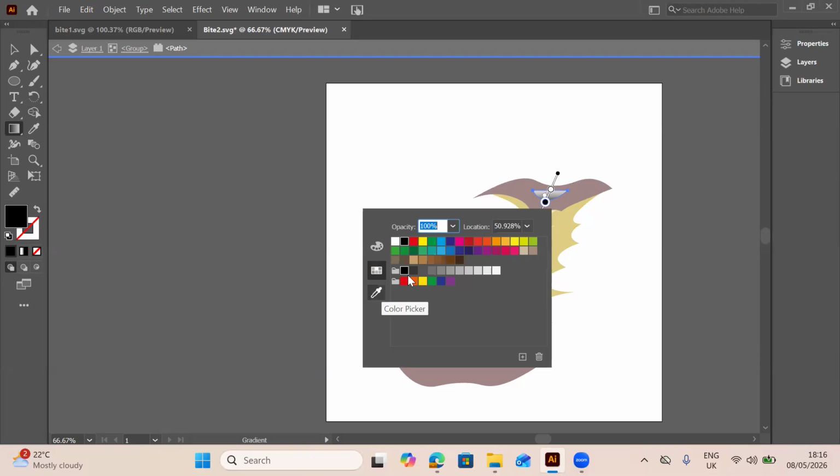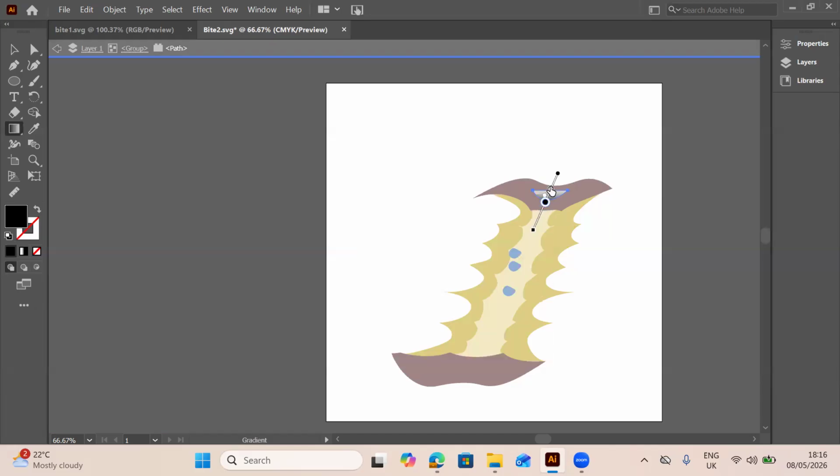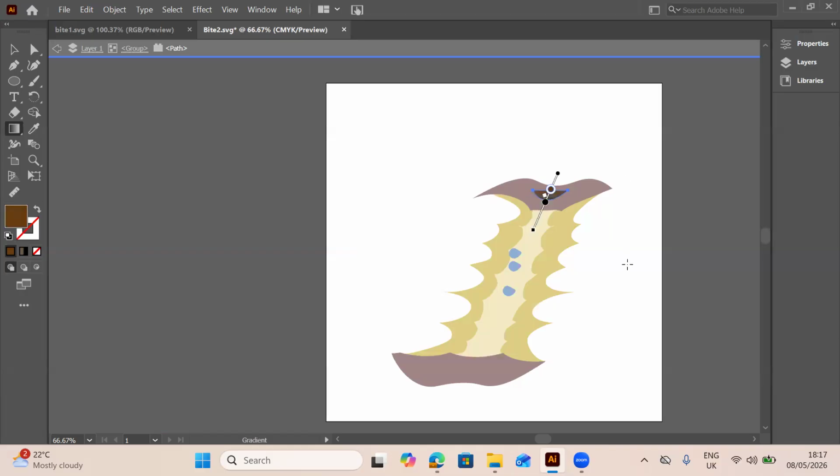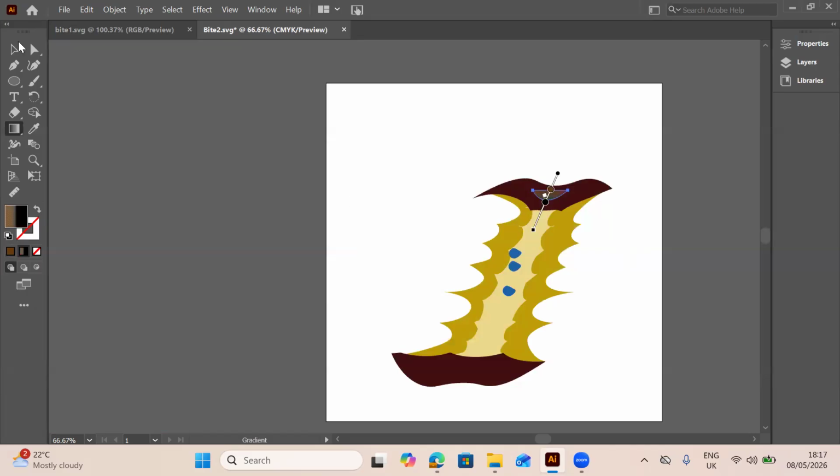So I'll use black, and the other one, instead of white, we want it to also be a dark color. We can pick on that one or even that one. Okay. So now when you put the gradient, you can see it appearing there,